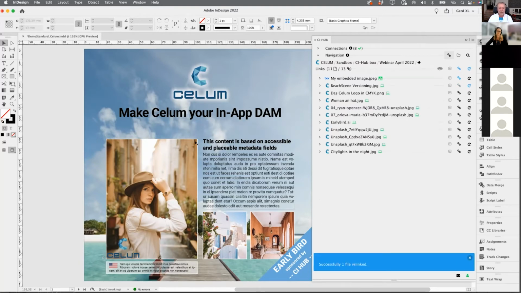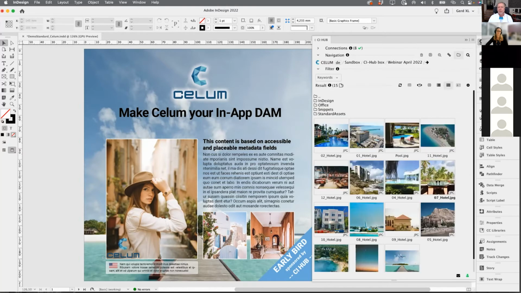And as you can see, the file is currently updated. So it works perfectly. You have full control over all those versions. You never miss anything. That's a really cool feature. So this is what CELUM and CI HUB are doing in the standard workflow, but there are some other things